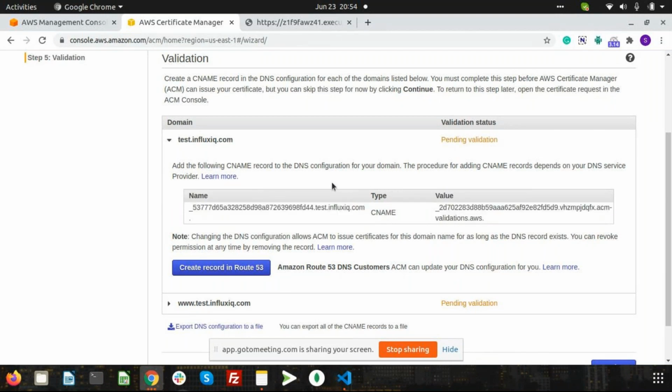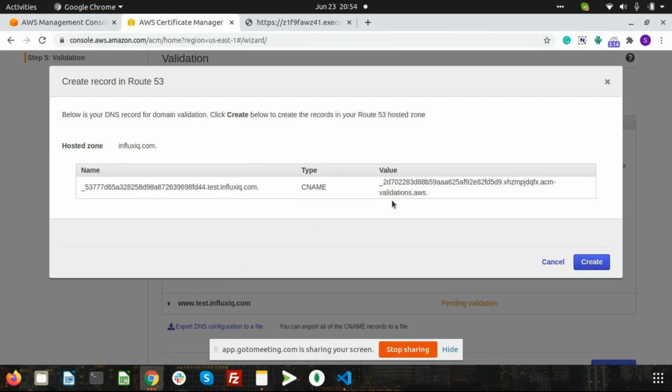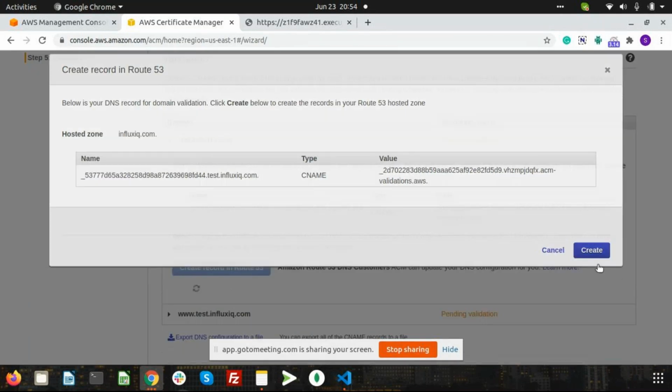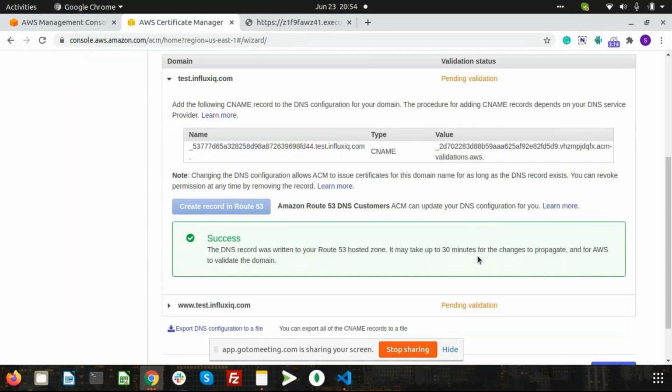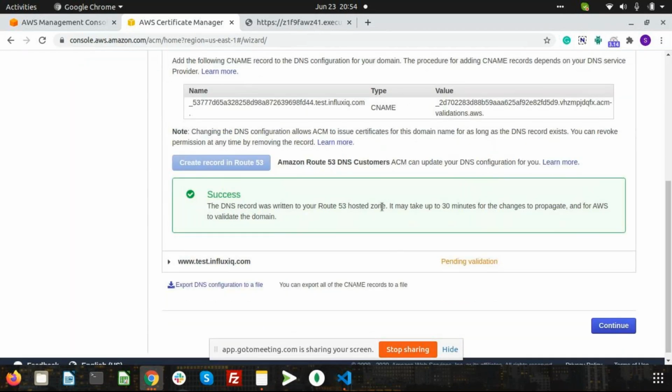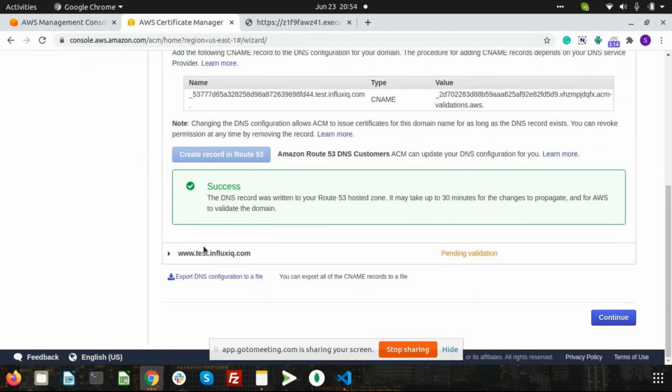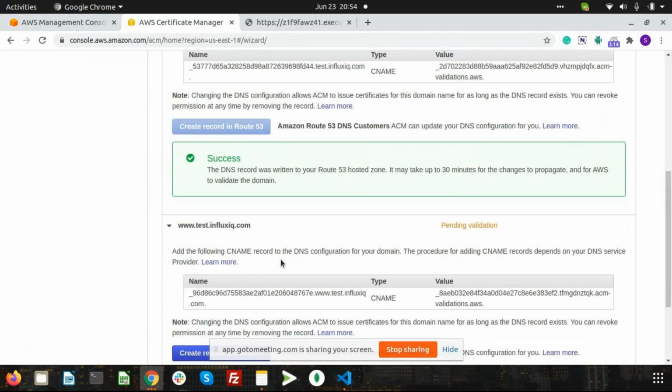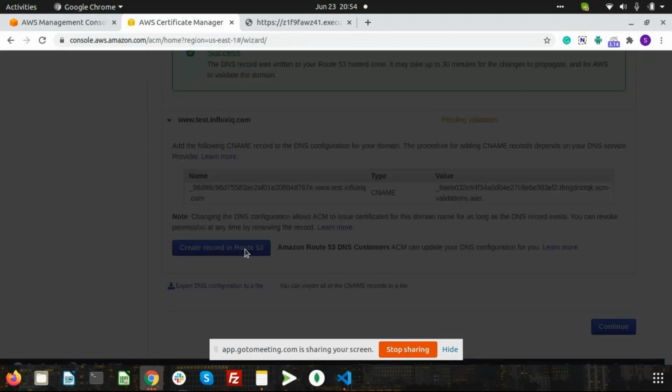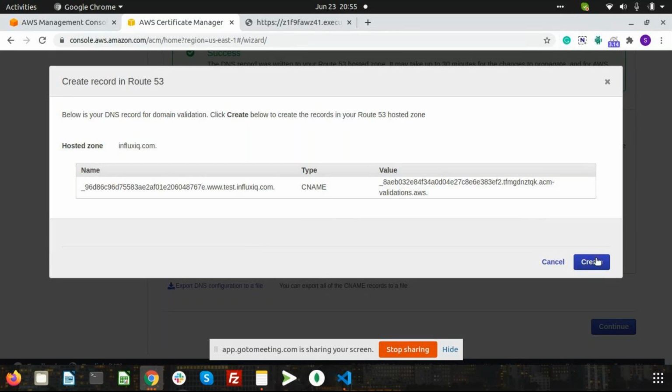We can either do it manually, or the best way is, from here, clicking on create record in Route 53. It will automatically create the record there for us. See, success. The DNS records were written to your Route 53 hosted zone. We need to do the same for www as well. We go there and create.